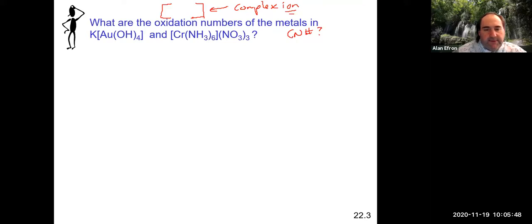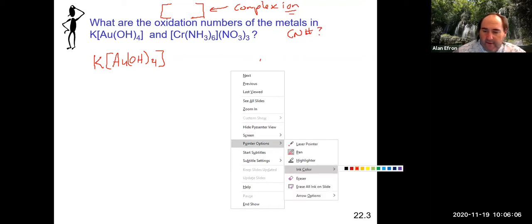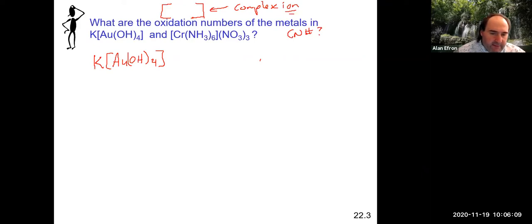Okay, so let's take a look here. Start with the first one, which is this guy here: K[Au(OH)4]. As I mentioned before, typically when we write these formulas of our coordination compounds, the part in the bracket is our complex ion. So this is our complex ion part. This means that this guy here would be our counter ion in this particular case. So if we want to figure out the oxidation state on the gold,